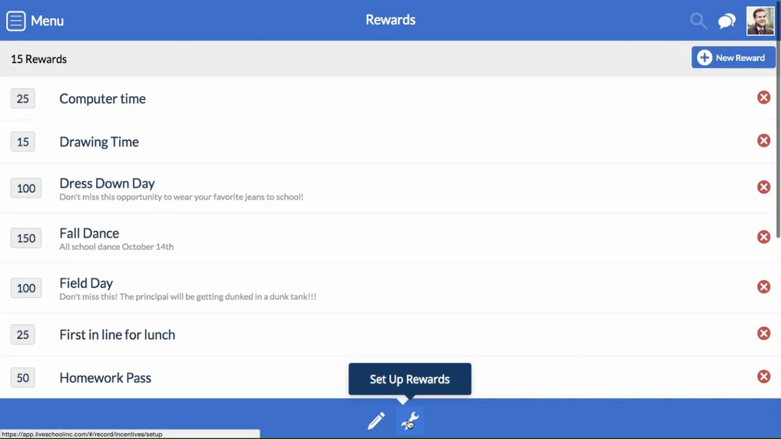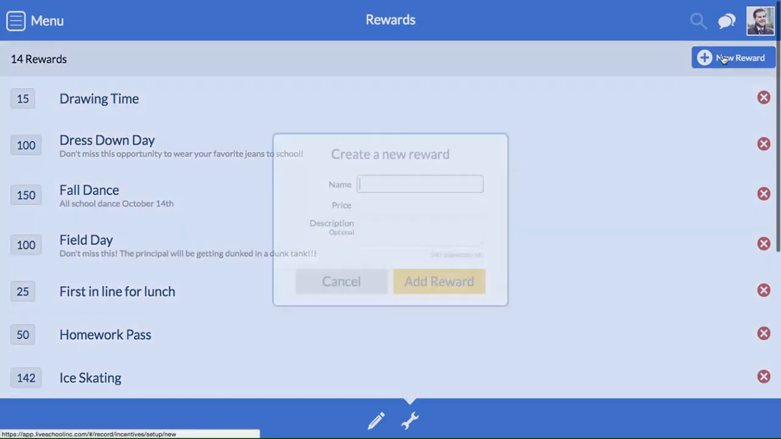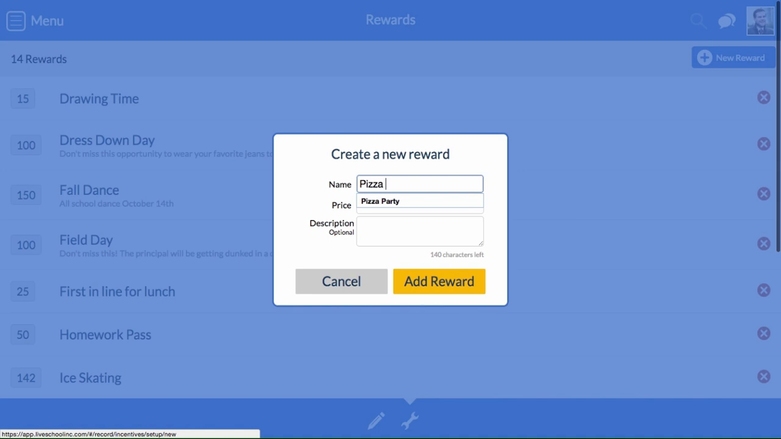If I click this Setup icon, I can view our school's rewards menu, including the name of each item and its price. To delete an item, I just click this X. To add a new reward, I click New Reward, then enter in the name and price. I can also add an optional description, which will show up in the rewards section of the student and parent